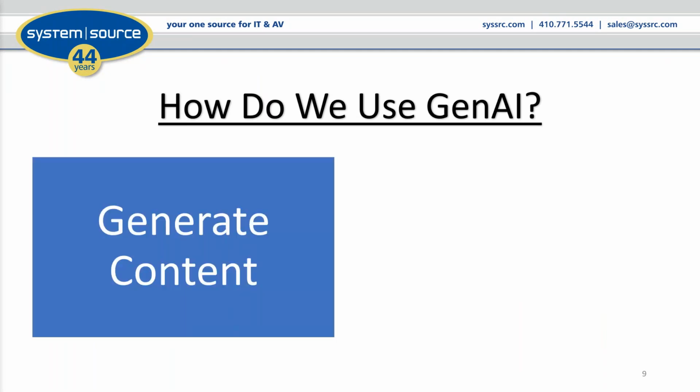The first thing that we'll use generative AI for is to generate content. Now, content comes in a variety of forms inside of these platforms. It can be a simple text response. It can be a complex, multi-layered word processing document. It can be an Excel workbook. It can be an image. It can be a video file. It can be an audio file. Most of these systems are multimodal, which means that they can produce and generate a variety of different types of content. I can use ChatGPT